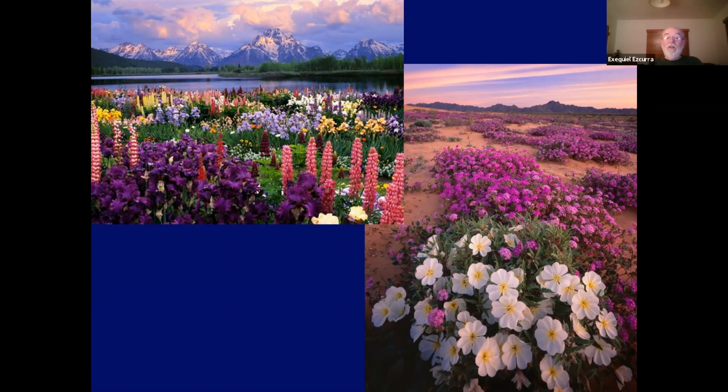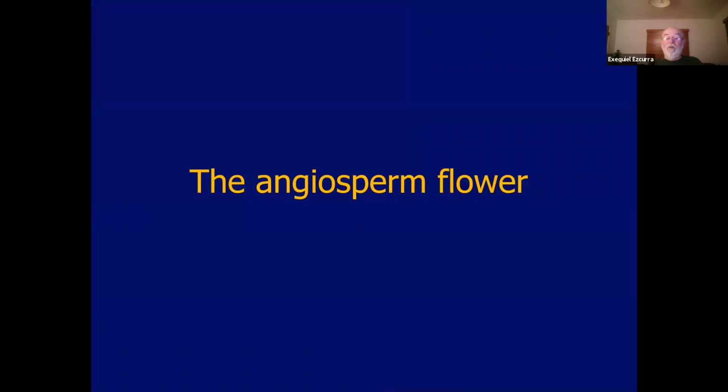So what we will see in the rest of these classes, until we get into the specific families, is the morphology of the angiosperm flower, how those flowers evolved, and how they operate and how they act in terms of plant reproduction. We'll start this talk next class on Wednesday,